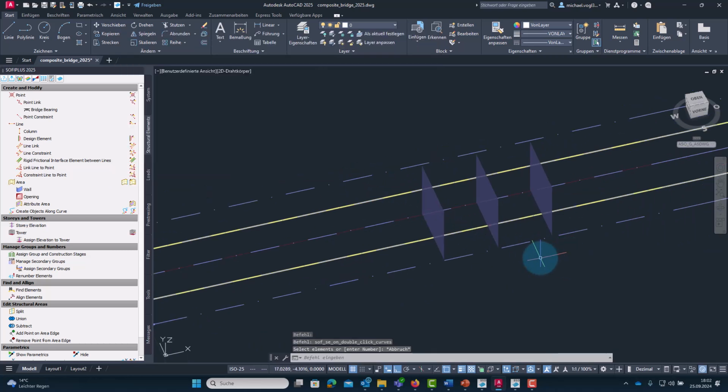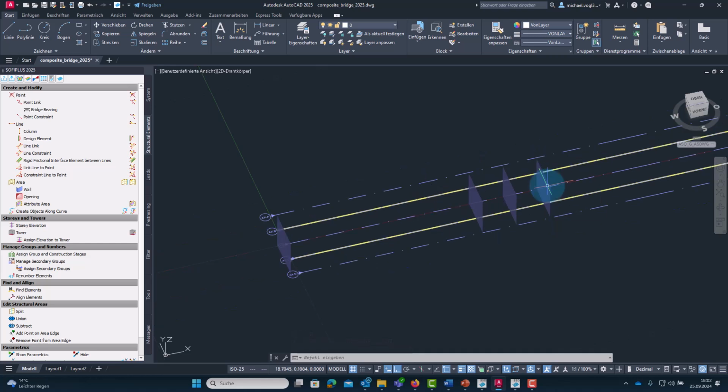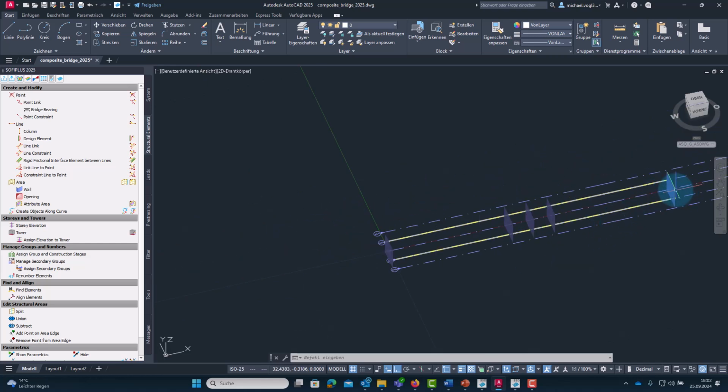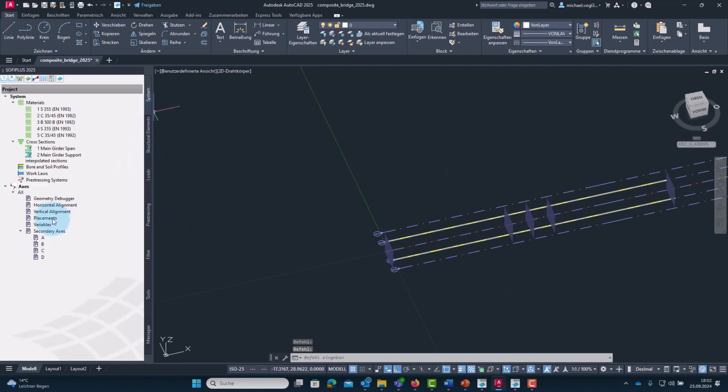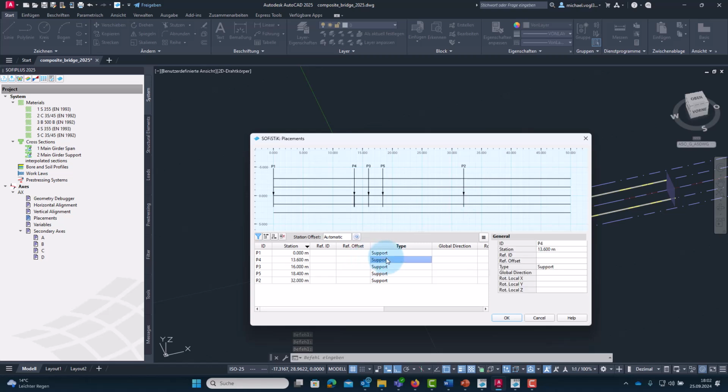I also have recognized that these two placements here are still displayed as support placements, as this, and this placement here. So I will make a short change in the placement definition to get a better visualization.